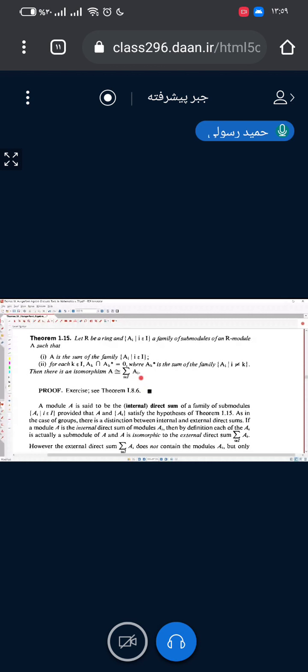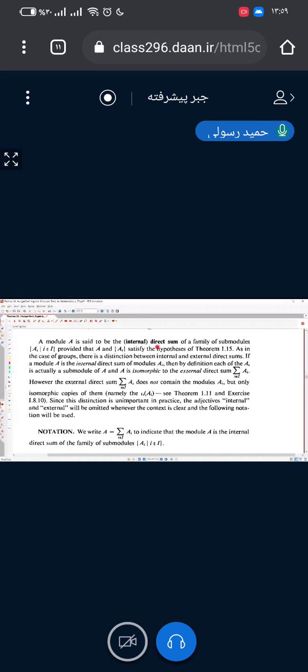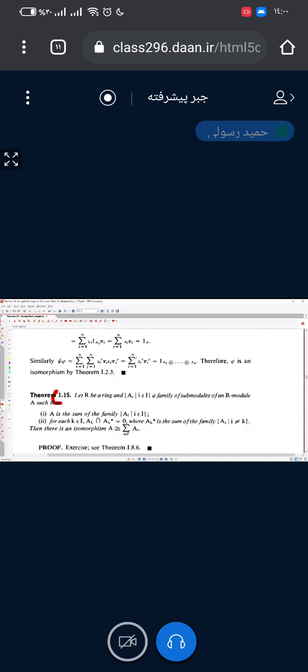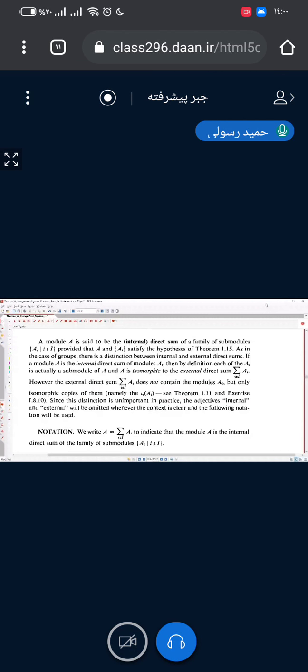A module A is said to be the internal direct sum of a family of submodules A_i, provided that A and the family A_i satisfy the hypothesis of theorem 1.50. 1.50 is this theorem. So we say that it is an internal direct sum. As in the case of groups, there is a distinction between internal and external direct sums. If a module A is the internal direct sum,